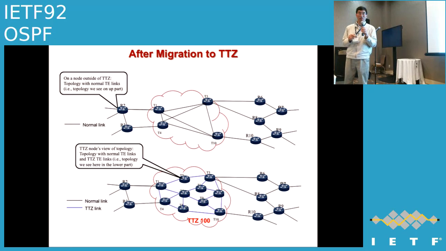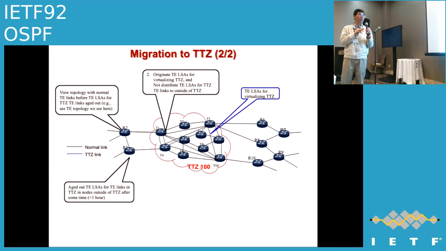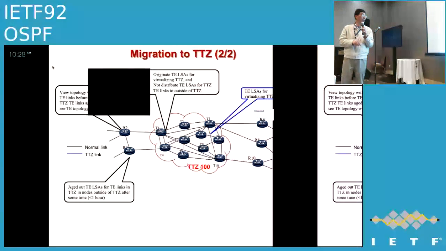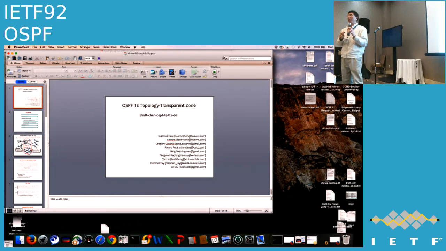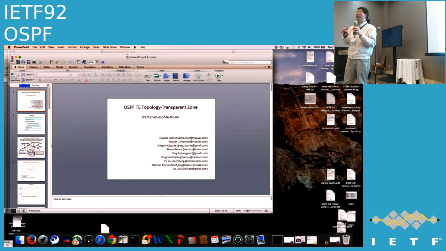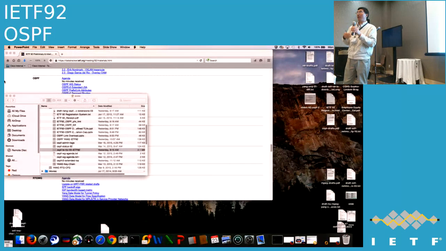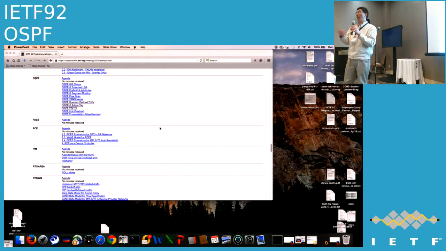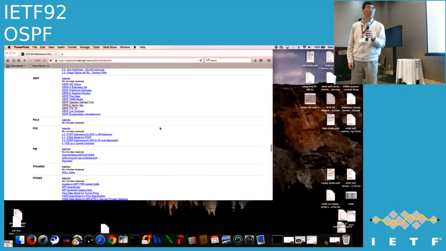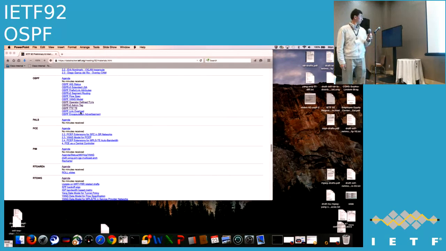Because if we have multiple areas, we can provide an automatic way to set up an LSP across the TTZ as some kind of a region. If we have multiple areas, we need to manually configure, or we use a PCE, and I think with a PCE we need more configuration there. Just more configuration. So I think we need more discussion.